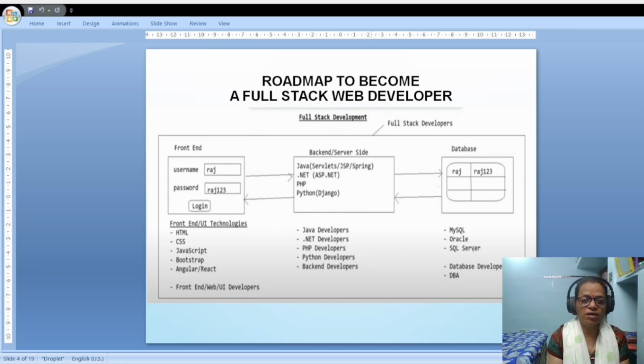What are they called? They are called backend or server side. Here we make use of different server-side technologies, which take the data from the front end and connect to the database. Which technologies? Okay, these technologies are